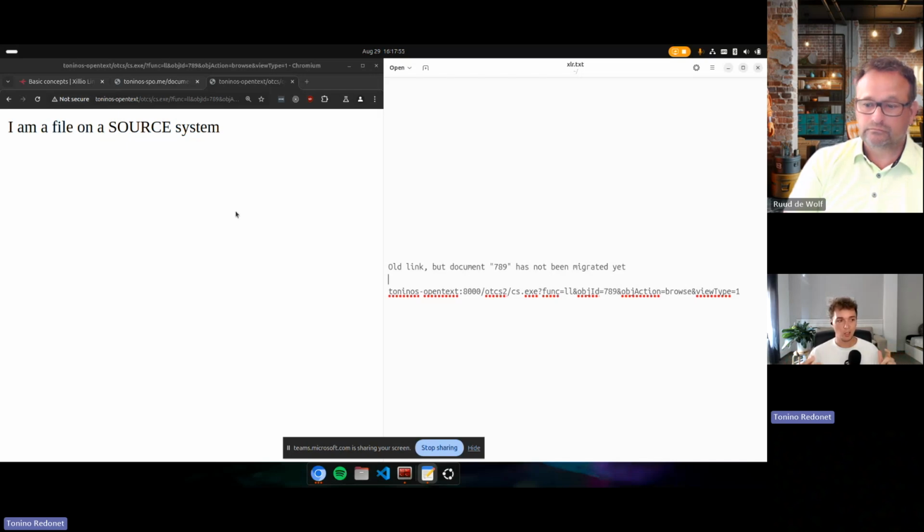The only thing that comes to mind is that the link redirector works on the HTTP protocol. Under the hood, it works with the HTTP protocol, and therefore it is able to redirect to new locations.